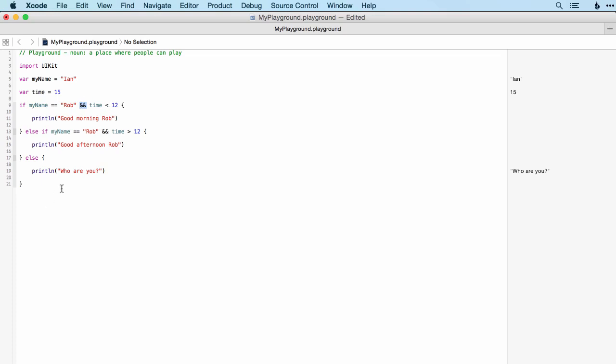What if we wanted "or"? We could say if my name is equal to Rob, or, now to do "or" we use these symbols known as pipes, and you get them by doing Shift / on your keyboard, or at least that's where I find them. So if my name is equal to Rob or time